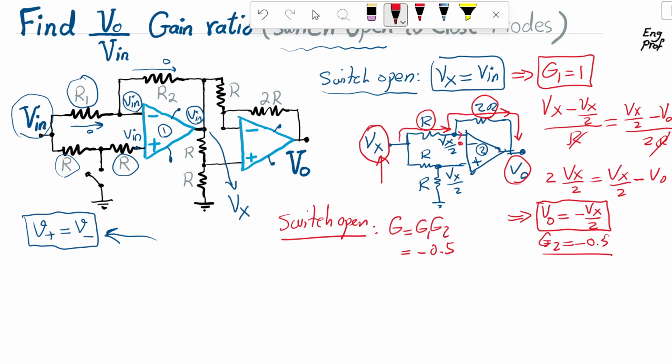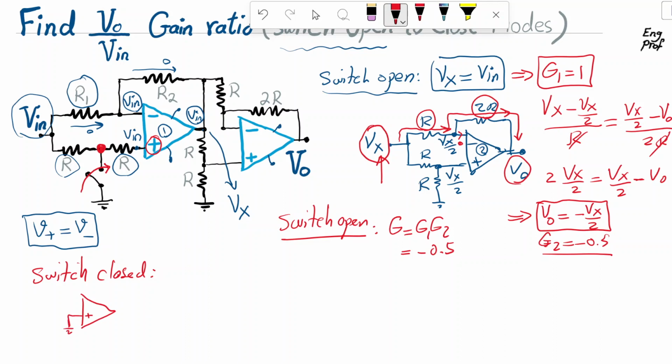Okay, now let's switch to the scenario where this switch here is closed. So, switch closed. If the switch is closed, you close this switch. Therefore, this node is now grounded. So as a result, the positive input terminal of op amp number 1 is connected to ground. And again, we are making the assumption that virtual short is valid. So the positive input terminal becomes 0. I'm going to show it here. So when we have the switch closed, we have the positive input terminal